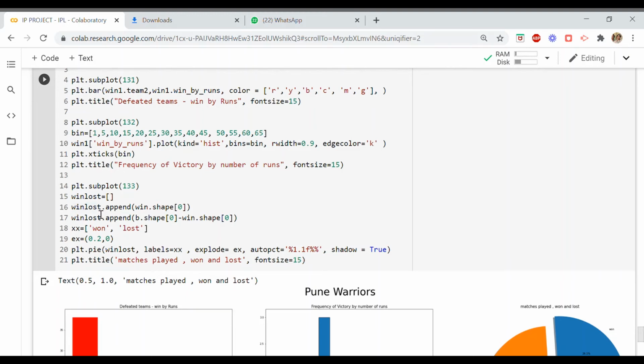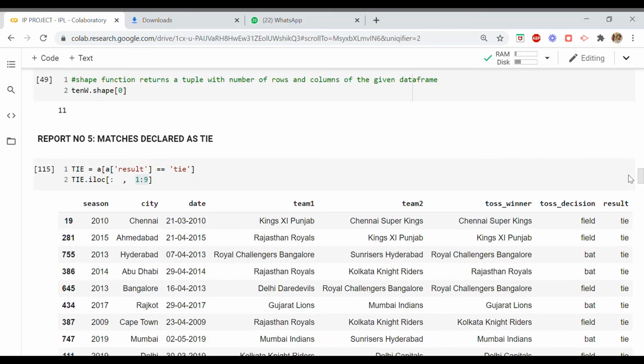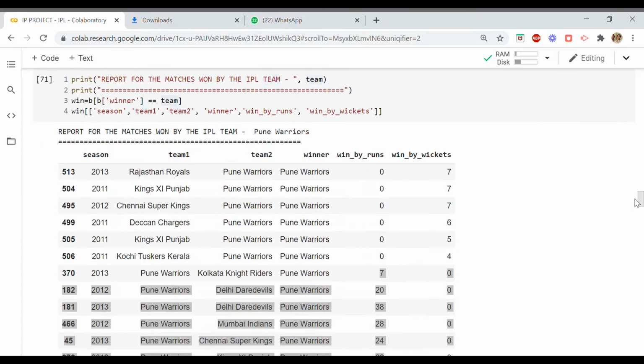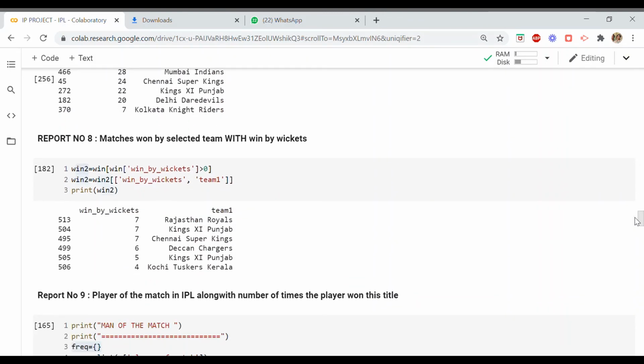So if you remember, win was the object which was created while storing how many times the team has played the matches, Pune Warriors, and out of those matches how many matches were won by Pune Warriors. Let me go back and show you the details over here.